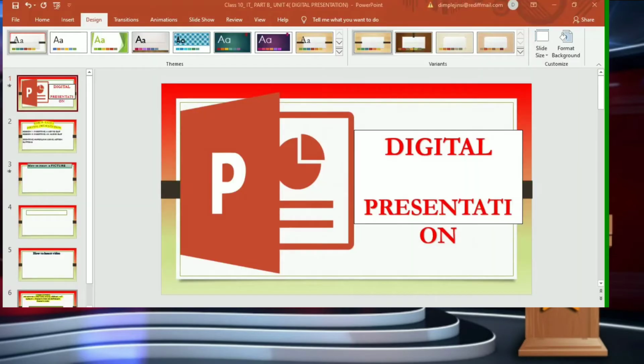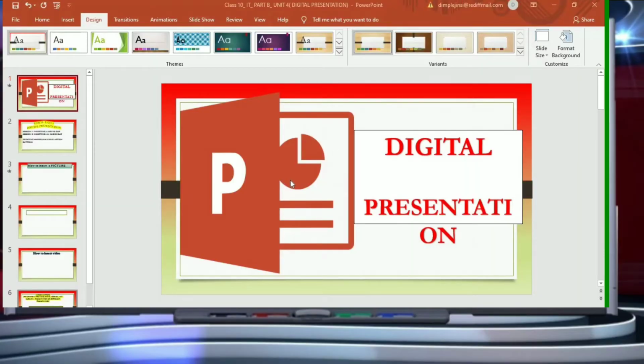So let's begin. Today we are going to begin with digital presentation. I hope you already know about presentations because we have made them in our junior classes as well. So you know what PowerPoint is. PowerPoint is a powerful communication tool to present views and ideas effectively through visual aids. Yes, the user can enhance the appearance by adding 3D clip art, special effects, video clips, audio clips, etc. Children, video clips add liveliness to the presentations.